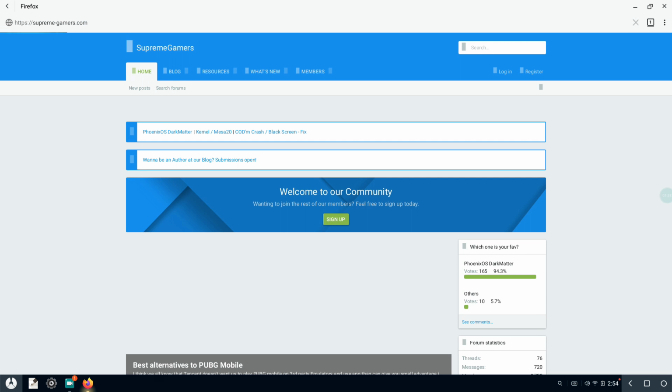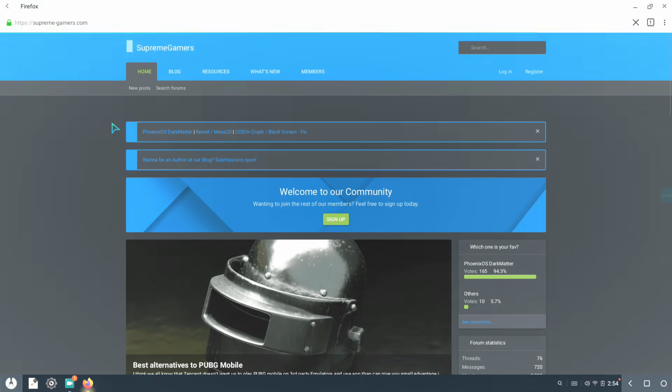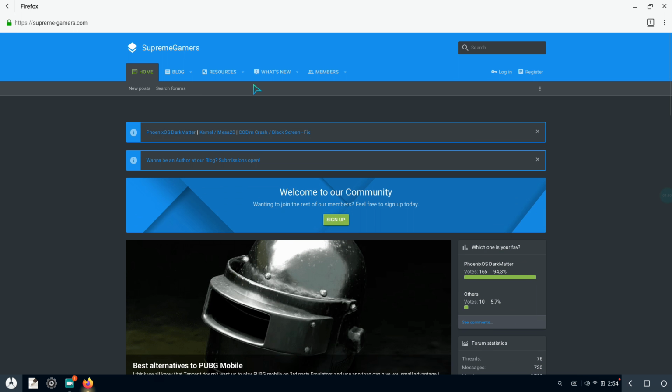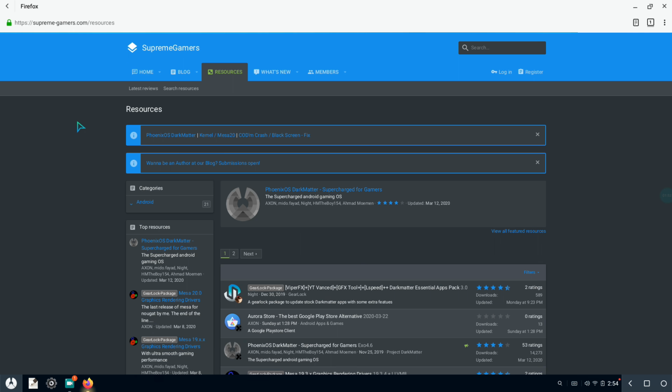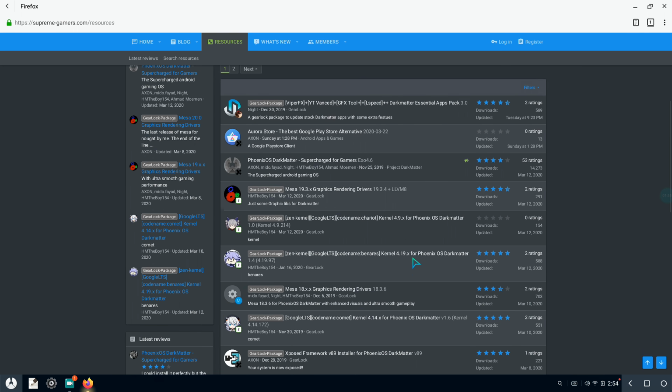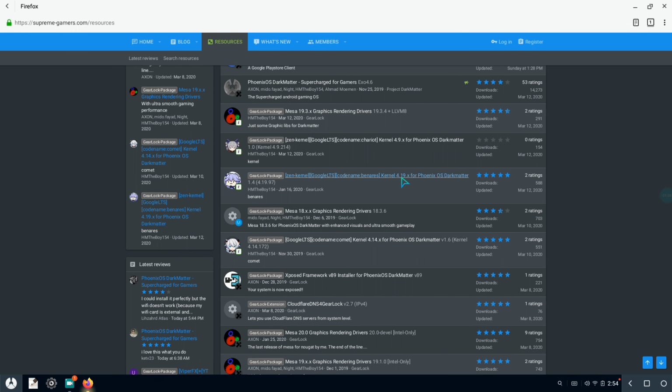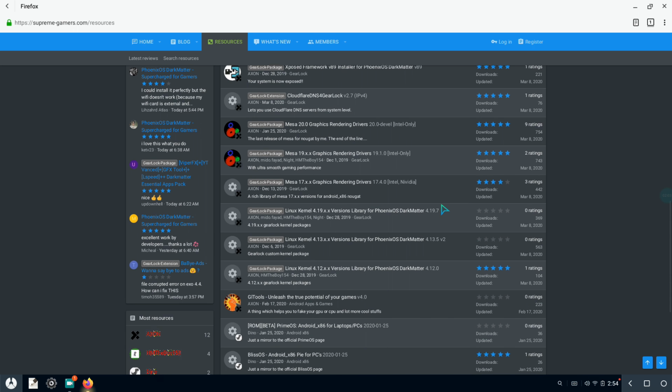Go back to the Supreme Gamers website. Alright, let's download kernel 4.19.97. I know Darkmatter 4.6 already has this kernel pre-installed, but the reason I'm showing you is so you can